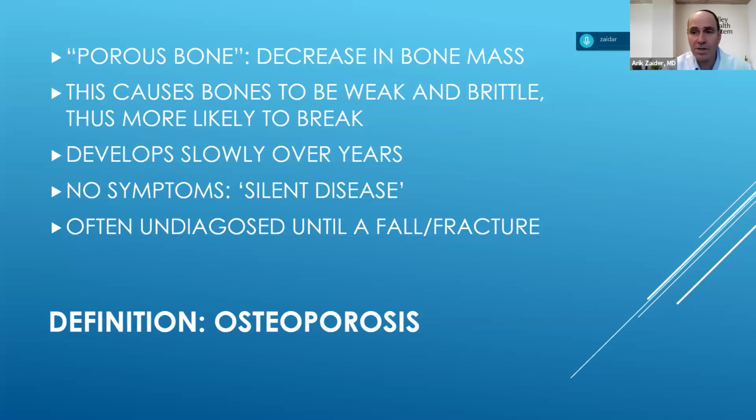Osteoporosis develops very slowly over the years. It does tend to become more common as we get older. And that's because of physiologic changes that occur in the body, namely the gradual loss of estrogen, and in men, the gradual loss of testosterone. One of the things about osteoporosis is it's asymptomatic. In other words, it's what they call a silent disease. There are other conditions like that. I would say hypertension is another similar condition where you have it, but you may not know that you have it. And by the time it comes to attention, it's often, as we said, in the form of a fracture. By then, it's been around for a long time.